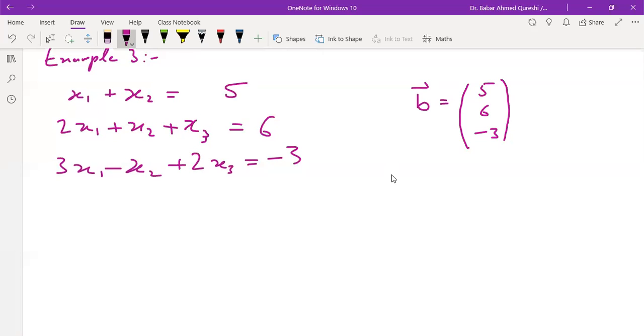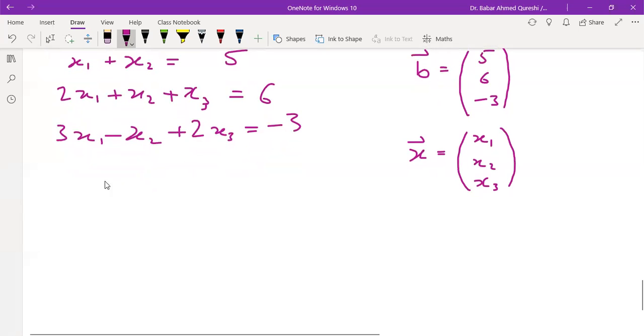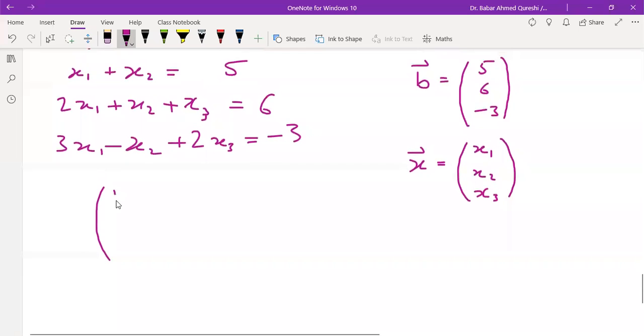And since I have 3 variables over here, I can make a variable vector, a vector of the unknowns, and it also has 3 components because I have 3 variables. Then I will have the matrix of coefficients. 1, 1, 0, 2, 1, 1, 3, minus 1, 2,